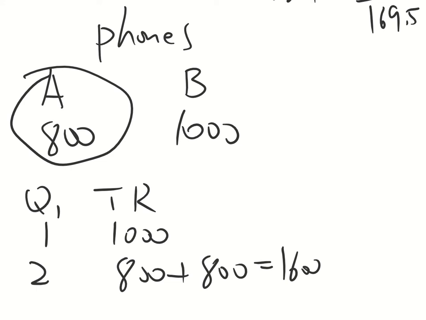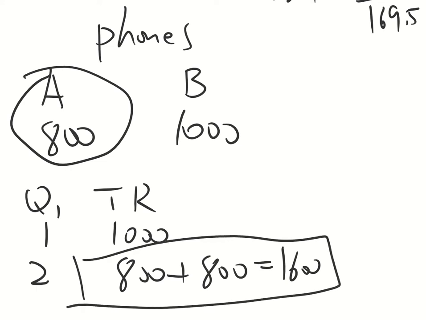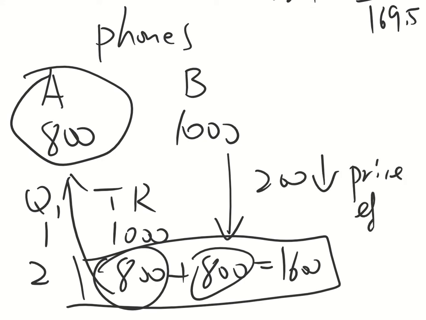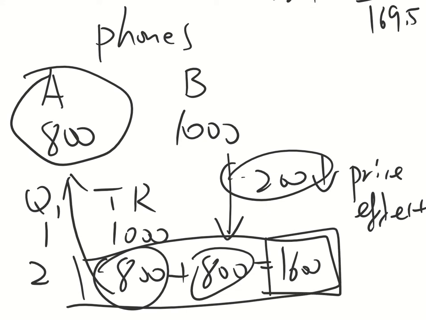For this part over here, this $800, you sell to person A, so you're getting an additional $800. That is called the output effect. You sell more goods, you get more revenue. But over here, for person B, we're receiving $200 less. That is called the price effect. For whatever transaction you had before, there are now lower prices. So both effects combined together determine how your total revenue changes, not according to how much the price is.